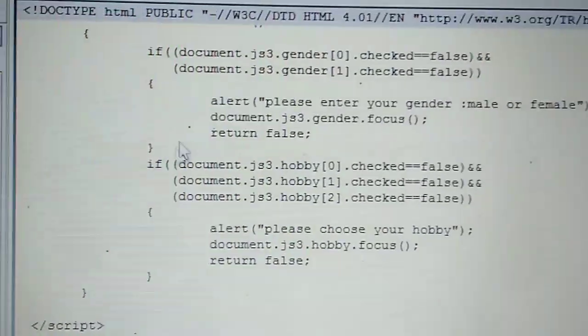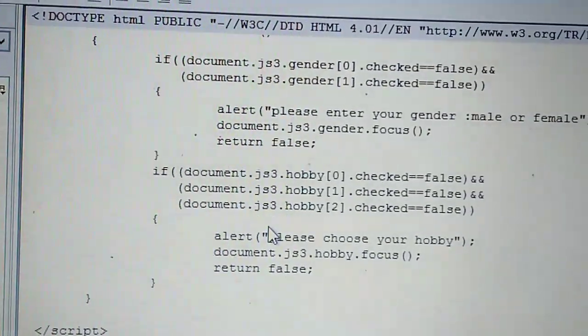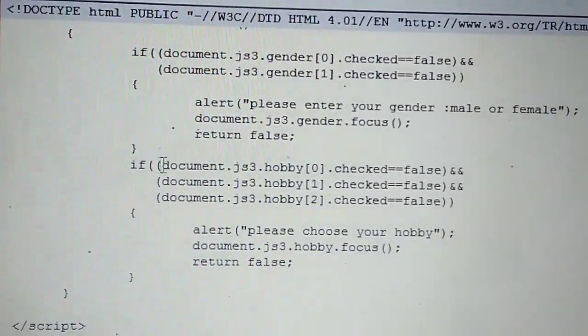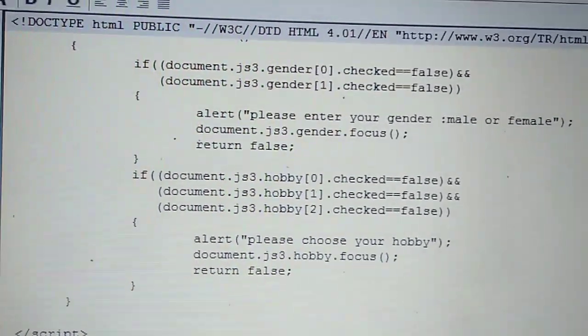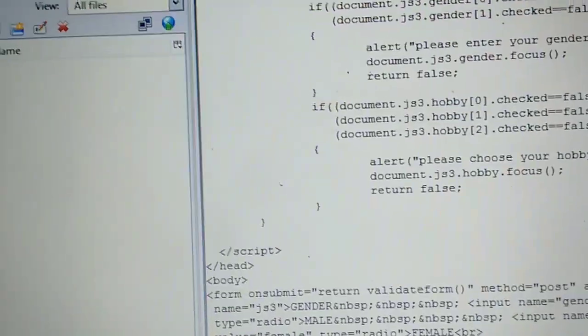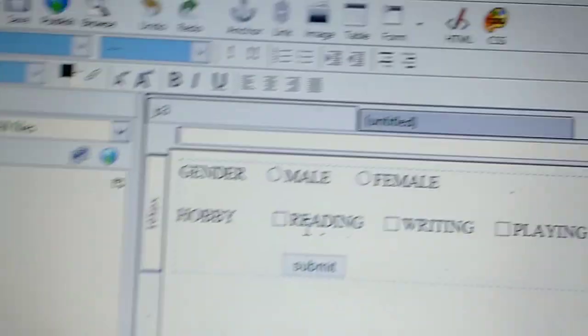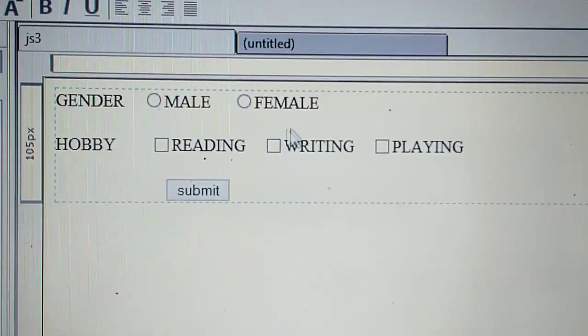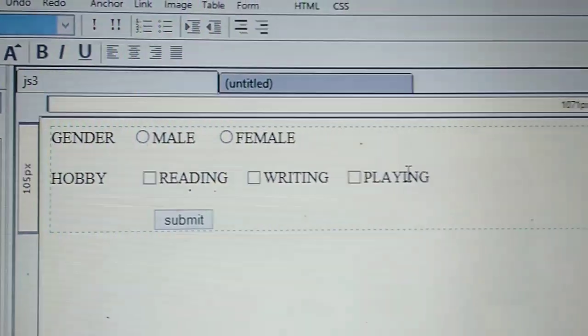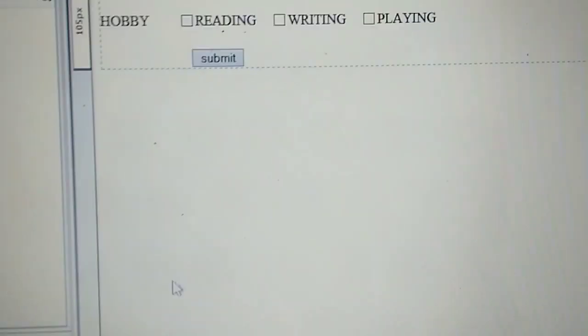Radio button and hobby are the same, with a minor difference. document means the whole document, js3 means the form name, and hobby means your checkbox name. Hobby0 is used for reading, hobby1 is used for writing, and hobby2 is used for playing.